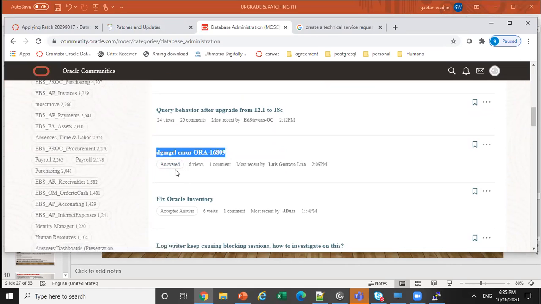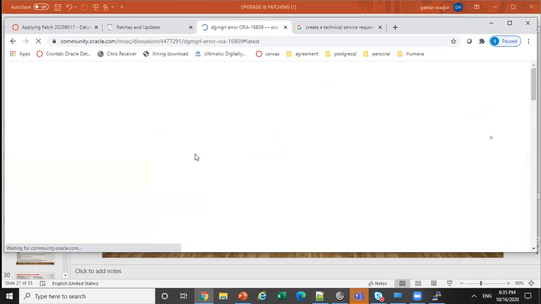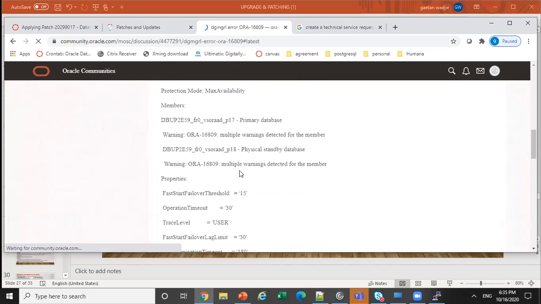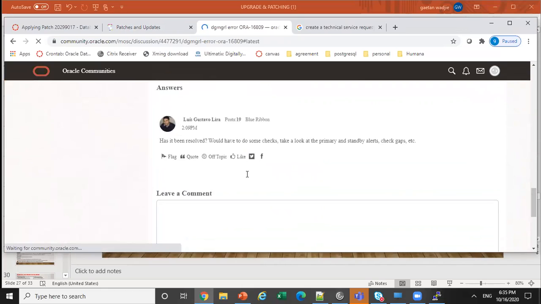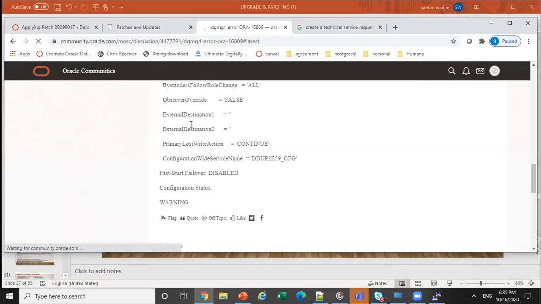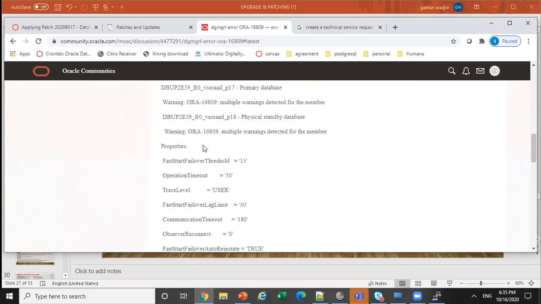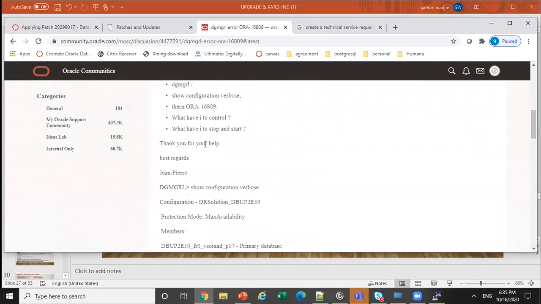This is a Data Guard error. You see here, it shows the answer. So you click on it, and it will provide you the answers. How do these people help you to fix this issue? Who helps you? This could have been the fix of that issue. Maybe this one,